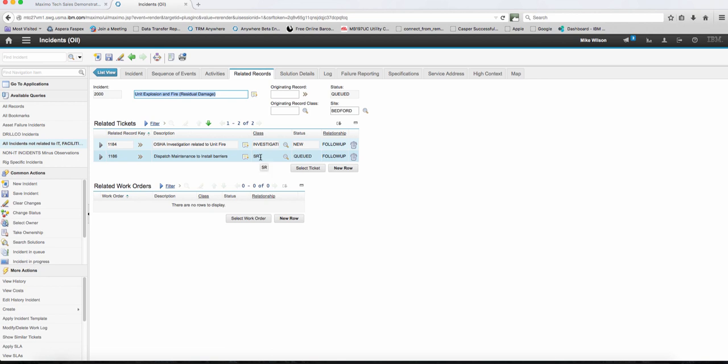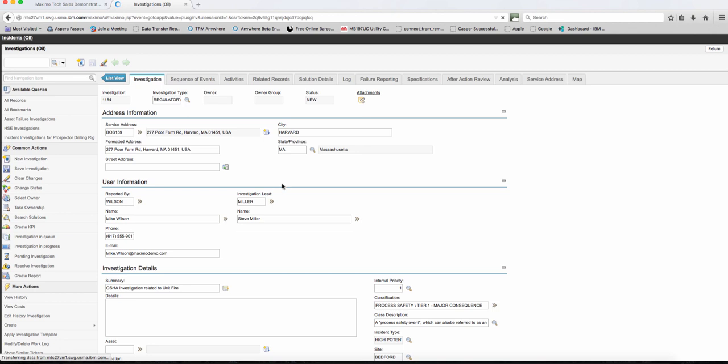So there was a service request put into maintenance to come and actually isolate the area. There was scheduling and time associated with that. That was all identified and created. And there was definitely an investigation. So someone went through the full investigation process to make sure that the OSHA-related information was captured and the investigation was done properly. So if I was to go to the investigation application, I can get some more details